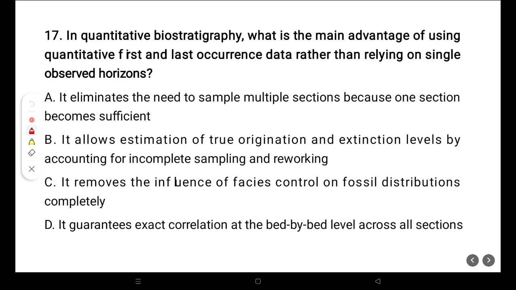So what the question is asking, we have to first understand. In quantitative biostratigraphy, what is the main advantage of using the first and last occurrence data rather than relying on a single observed horizon? So here the true answer will be, it allows estimation of true origination and extinction levels by accounting for incomplete sampling and reworking. What happens in case of biostratigraphy, when one paleontologist tries to establish a biostratigraphy,